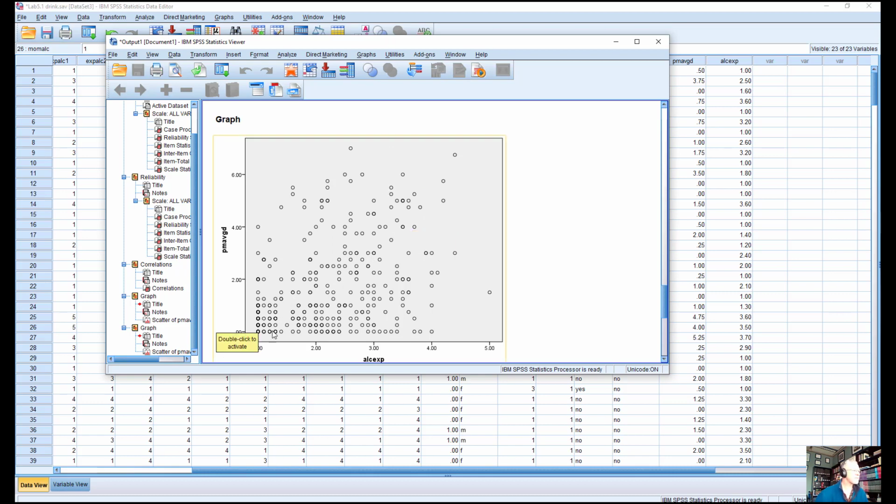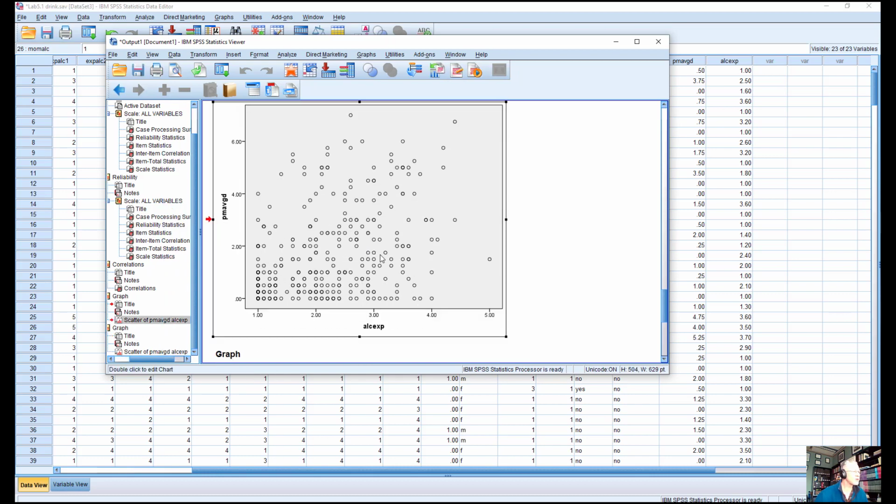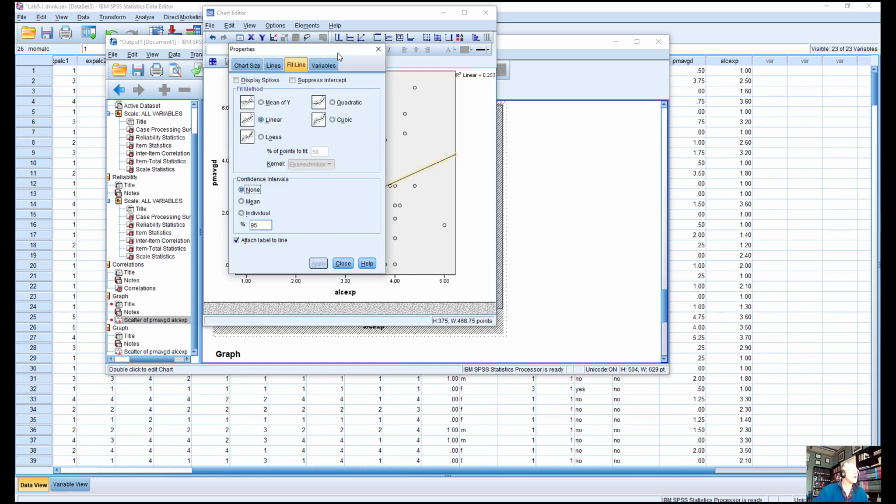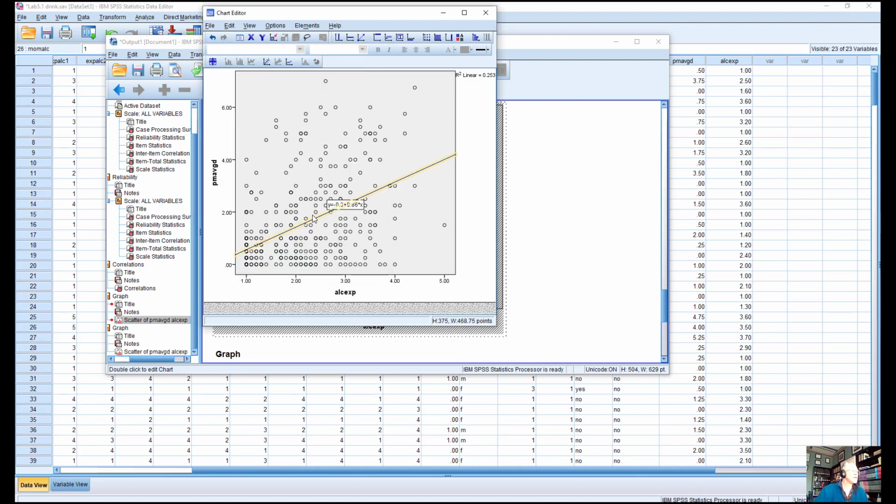So here's how the data shows up. It's kind of a mess because there's overlapping values. So here there's probably a whole bunch of people, and here there's only a few. Now, to get an idea of our regression line, you can double click on this graph and then go up to this right here, where if you hold your cursor over, it says add fit line at total. I clicked it. It went with the linear line. And so it's now added the fit line to the total.